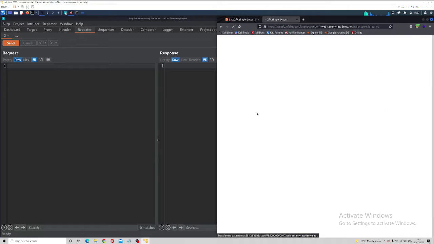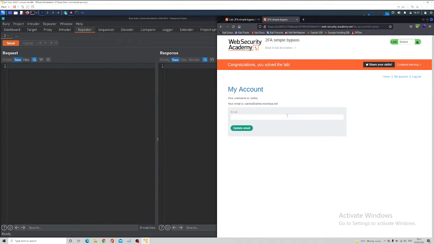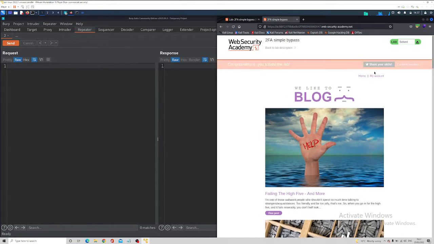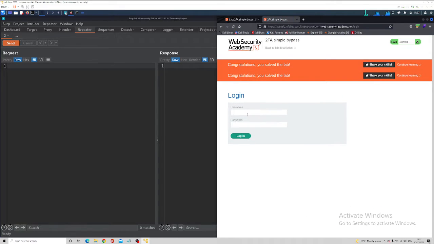So when we're logging into Carlos Montoya, obviously we know his email and password, but it's two-factor authentication. That was weird. It's more broken than we think. But that's not the way you're meant to do it. We'll log out and do it properly. It's going to keep telling me it's done, isn't it? Right, well. So what we are meant to do is we are meant to log in as Carlos Montoya,